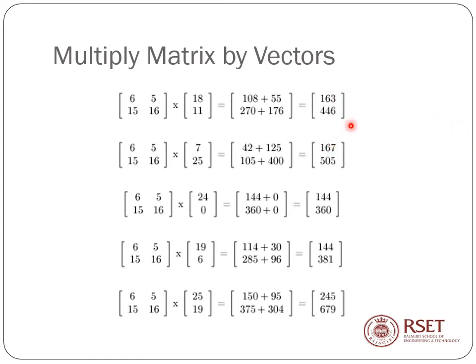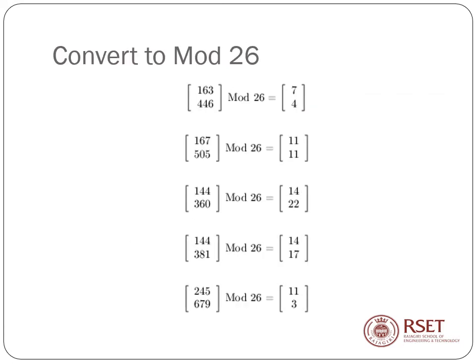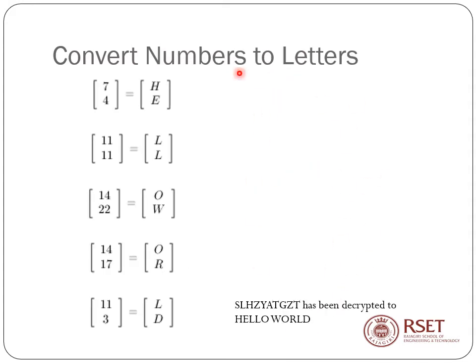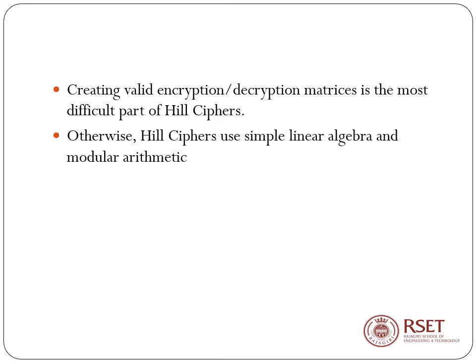You can definitely see here they do not fall in the range 0 to 25. So you will have to do a mod 26 and I get the values in my required range, 0 to 25. What should I do? I should convert them to characters. So I'll be getting HELLOWORLD. That means given the ciphertext, I got back the plain text hello world. This is Hill cipher.